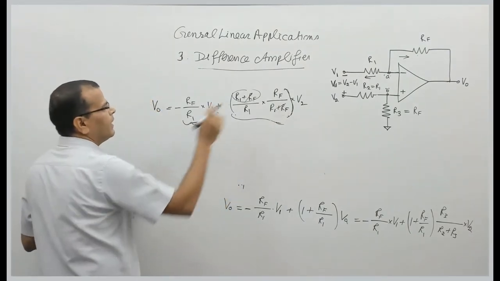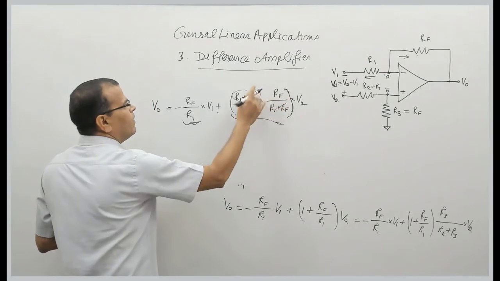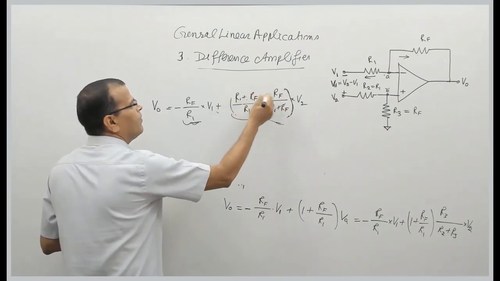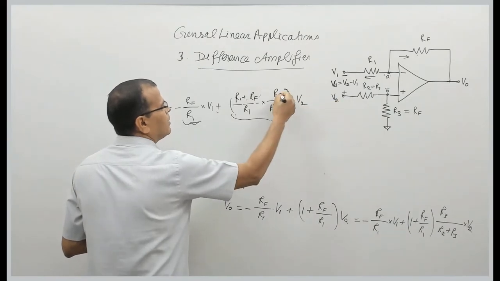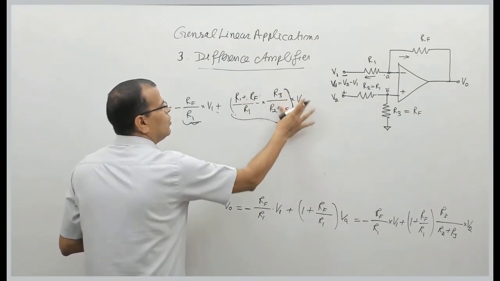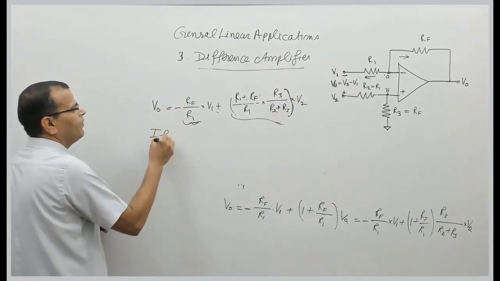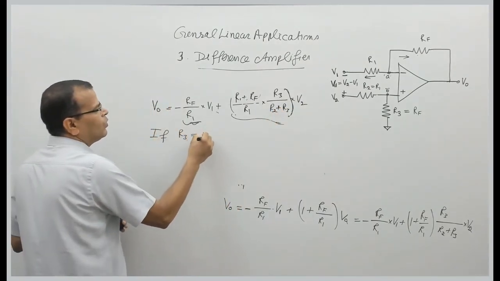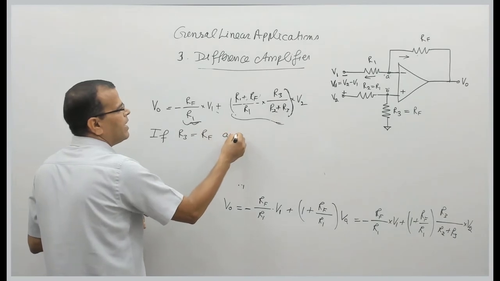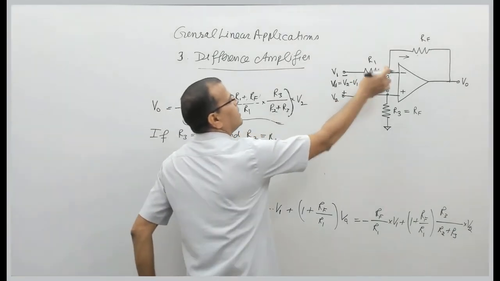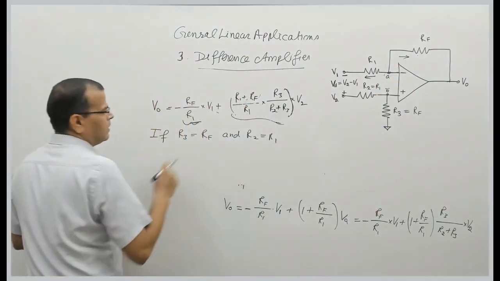I will modify this equation like this. This is RF. This was R3, this was R2, this is R3. So if R3 is equal to RF and R2 is equal to R1, if this is the same as this and this is the same as this, then